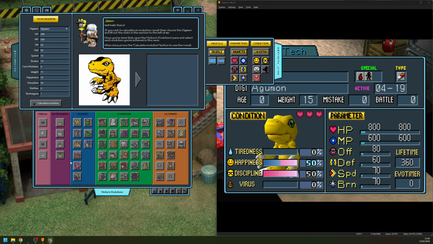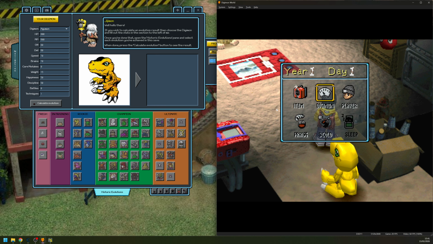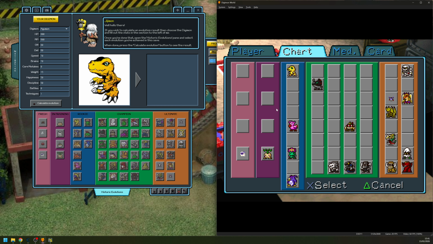And there is also the historic evolutions, which are also used for evolution calculation. And this also has a new button section, a small little panel down here at the bottom, which opens up. And this allows you to synchronize the different historic evolution stages, all the way from fresh to ultimate, or all of them. So I'm just going to go to the historic evolutions in game,